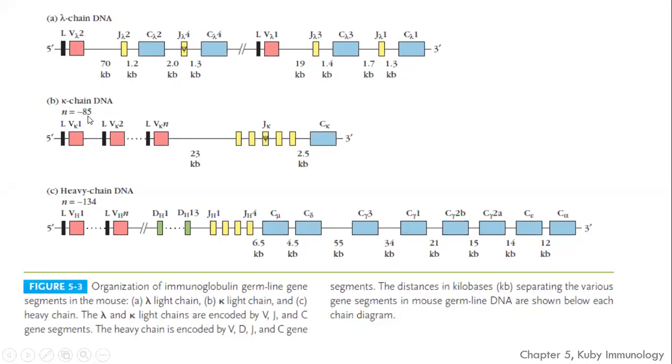Next, the kappa chain of the light chain again has only one C and 5 J's. Coming to the V region, 1, 2 is here, but there is N, multiples of V present in the kappa light chain, approximately 85. That is the number they have already deduced. And the heavy chain again consists of V, J, C, and a new region called D. D consists of 1 to 13, V again 134 to N maximum, and J only 4 units.